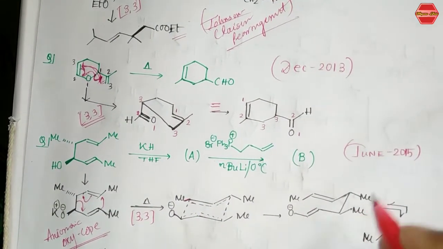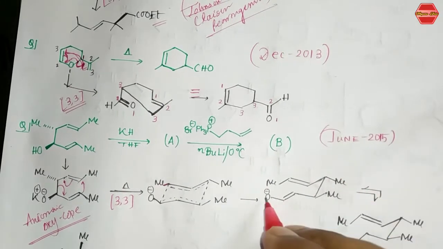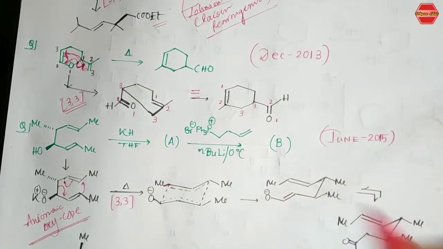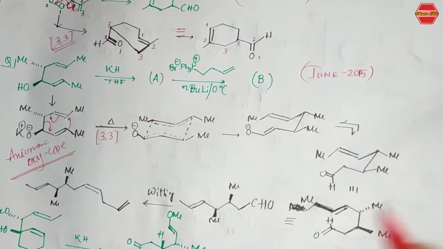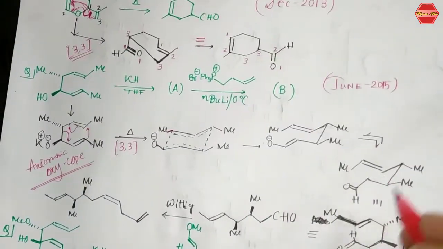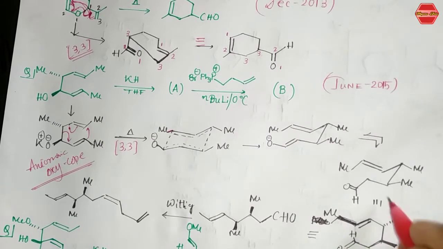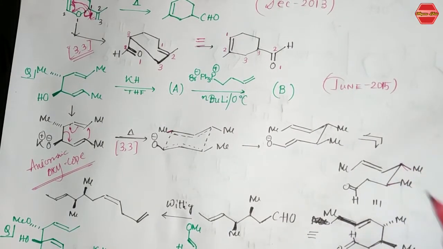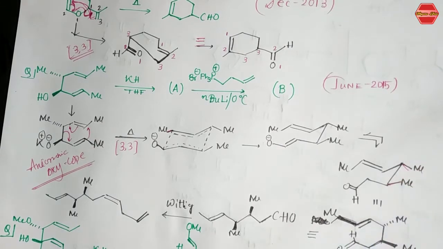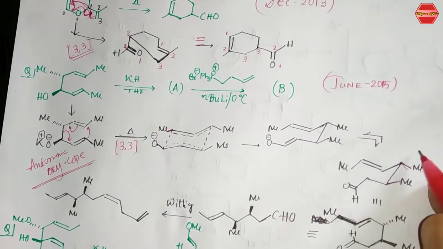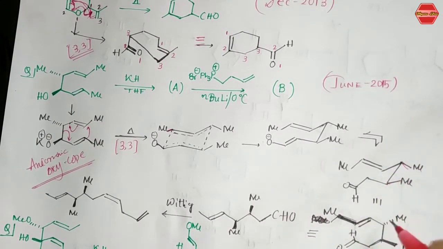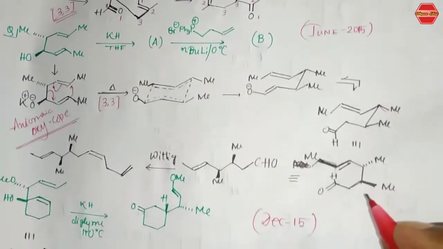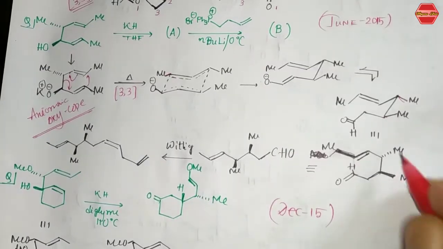Now after the rearrangement, you are getting this product, and after the tautomerization, it takes a proton from here and forms OH, and you are getting this aldehyde. See, you are getting this aldehyde. Now you can write the structure in this way. These two are both in the equatorial position. So if this 1,2 position is equatorial, that means both are trans to each other. That is why you are getting this trans product.